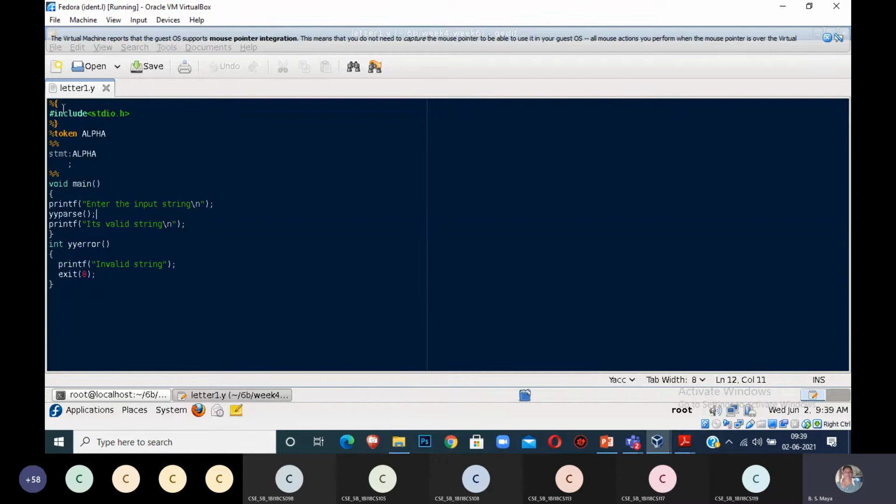Now I write a Yacc program: percentage open, #include stdio.h, percentage close, percentage token alpha, then percentage. I am writing a statement; you can identify the color. If you have an error, you will immediately see it in the color combination also. Alpha, end of the rule section for the grammar is a semicolon, then void main, program, yyerror.